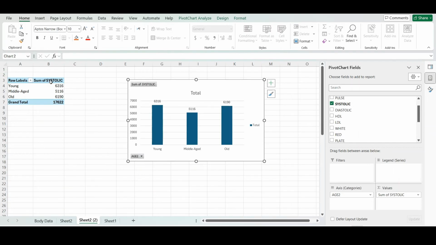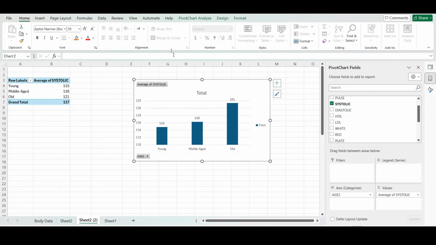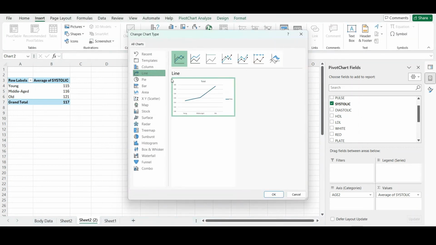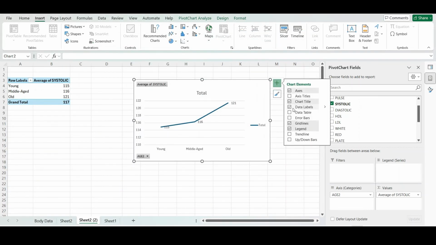Age and systolic, the average of systolic blood pressures, and then we have to make it a line graph, right? So here you can show it as a line graph, this is the line graph. Okay, so the next,